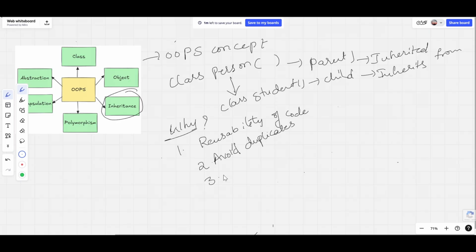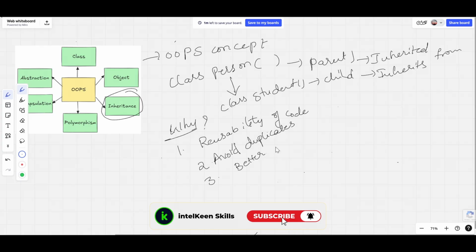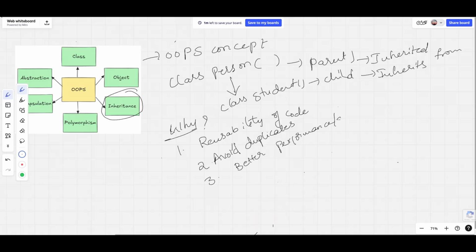And the third one is better performance, or we can also say better structure. These are some of the reasons why we should use inheritance in our programming.